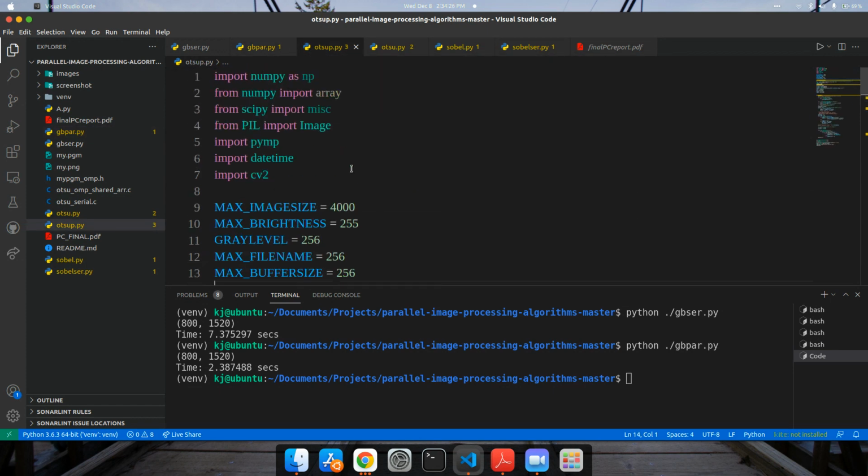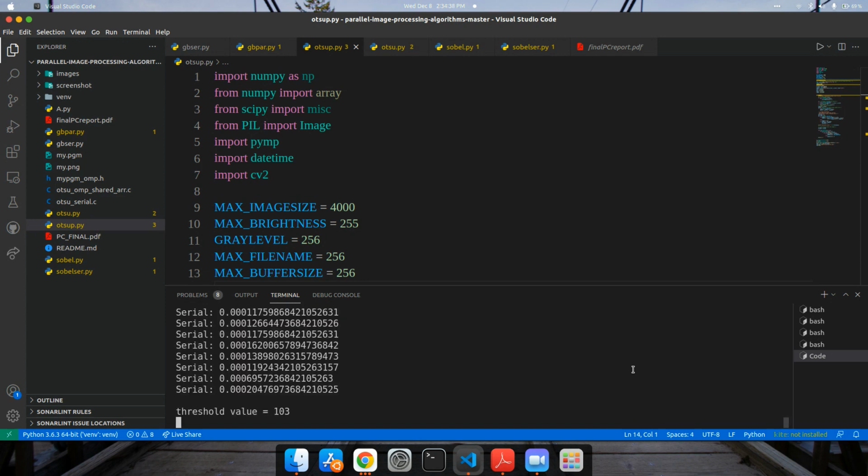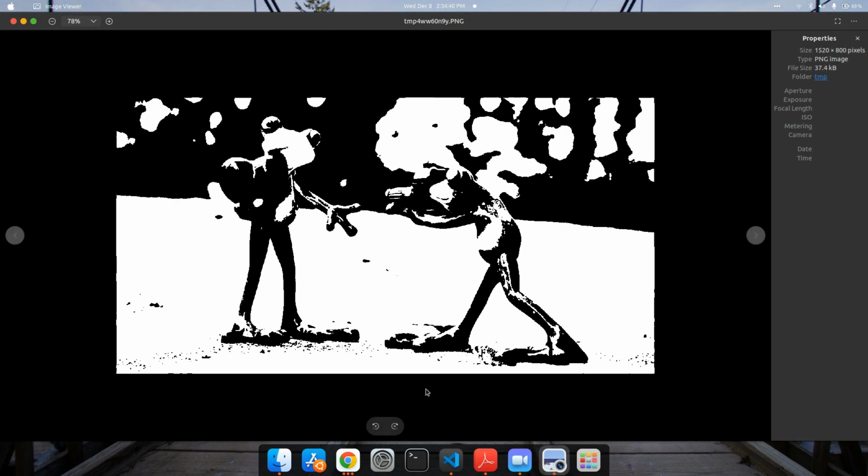So now using the Otsu algorithm in Python, I've got this. This is Otsu's processed image.